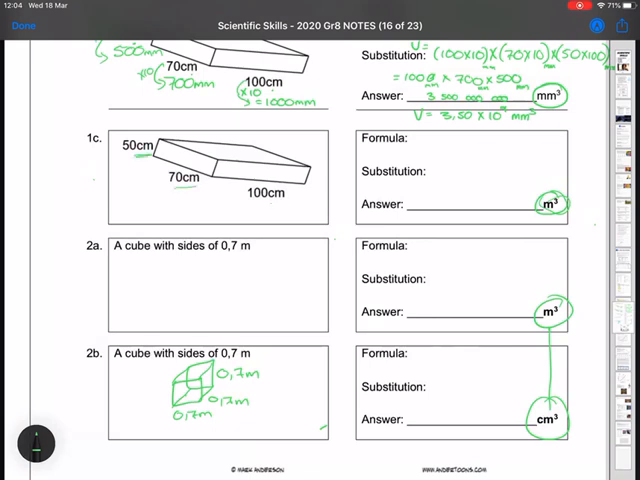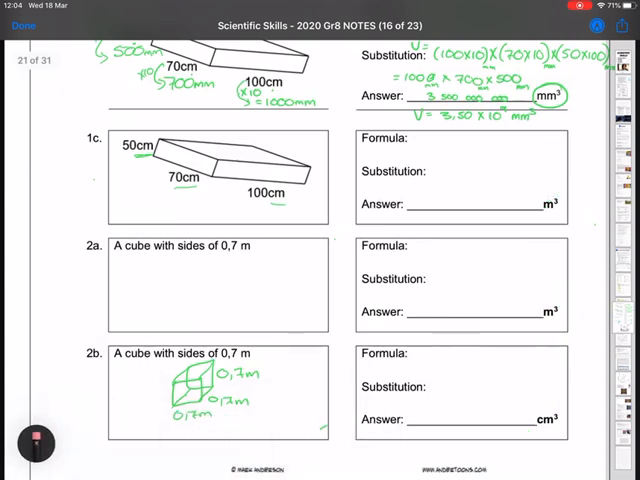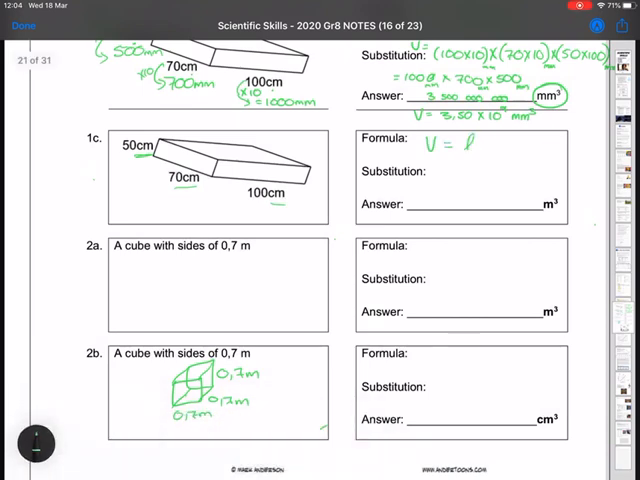So 1C, you've got values in centimeters. You need to convert those into meters because they're asking you to write your answer in cubic meters. So our formula for volume will be length times breadth times height. That's our formula. Substitution, we've got 50, but we need to convert that 50 into meters. So 50 converted to meters, you're going from a small unit to a big, you need to divide. So 50 divided by 100